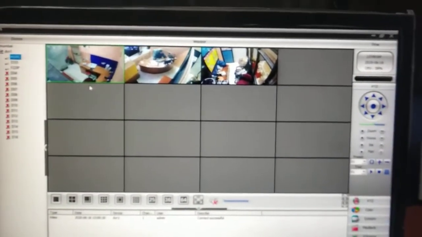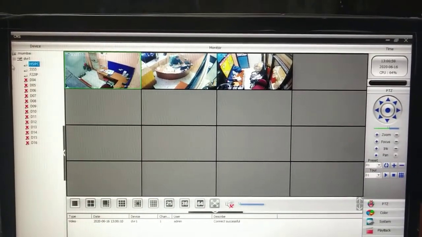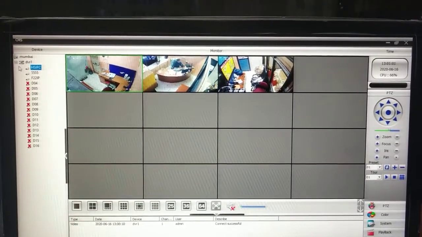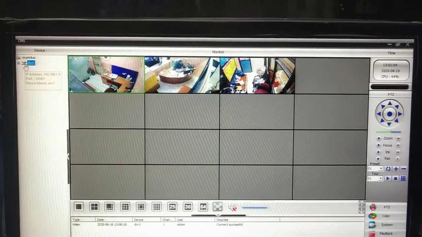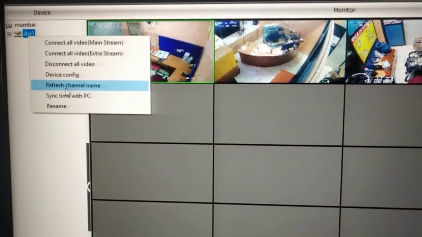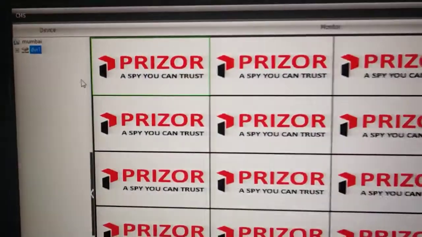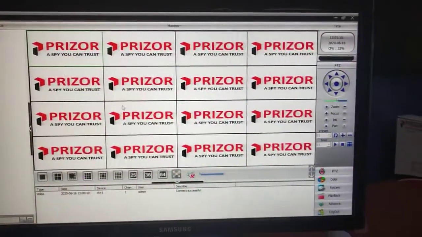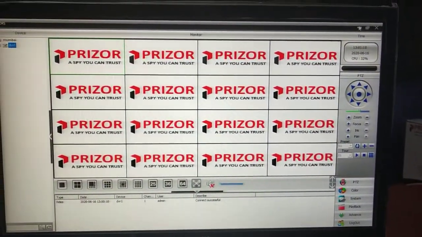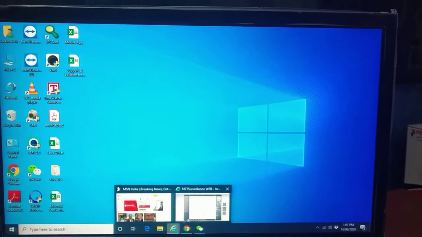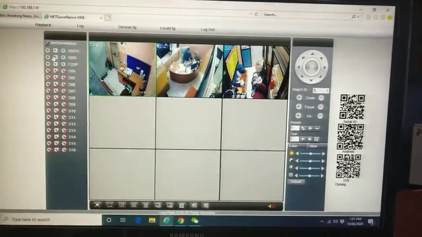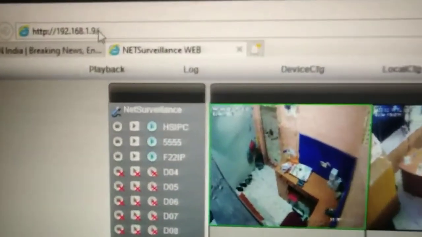so now this is the IP camera configuration, through IP configuration. So I will show you now how to add P2P ID, how to add P2P ID of DVR in this CMS. Okay, so follow the same step. First I show you the DVR serial number and P2P ID. So this is our DVR, 1.9 IP address. Okay, you can see.